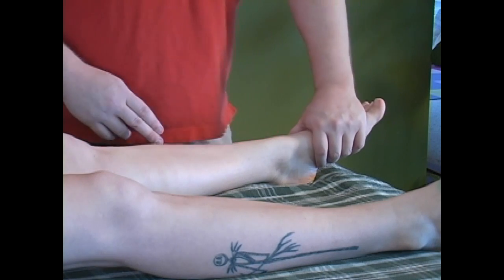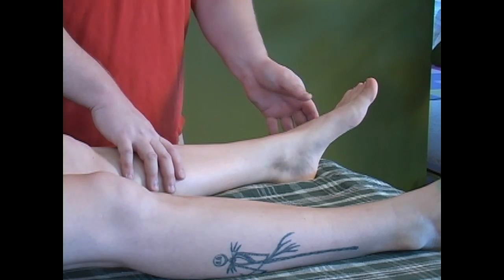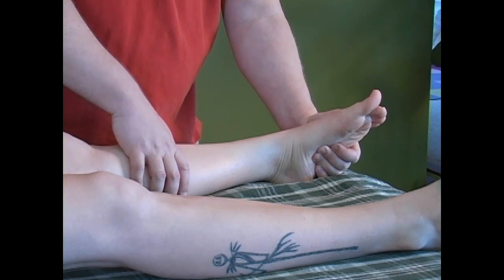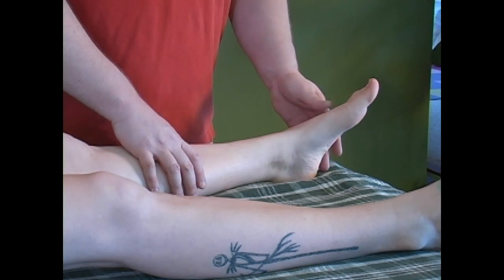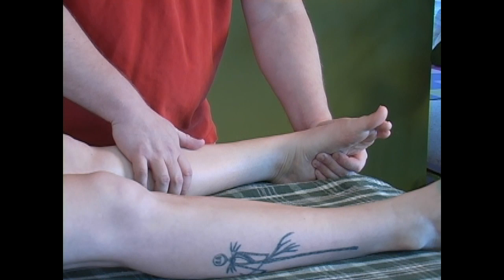Next one, we're going to stretch out the peroneus muscles. They're the lateral muscles over here. So we're going to perform inversion. So we're going to kind of pull this way a little bit and perform inversion to help stretch out the peroneus muscles. So in sprains, that's the area after a few days after it's healed, then we're going to stretch out that area. So we're going to compress and push this way